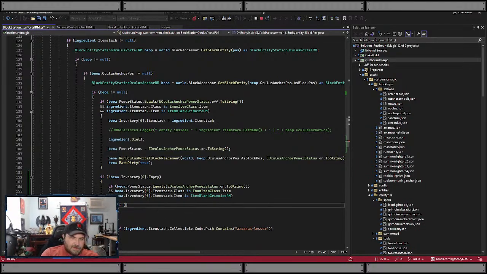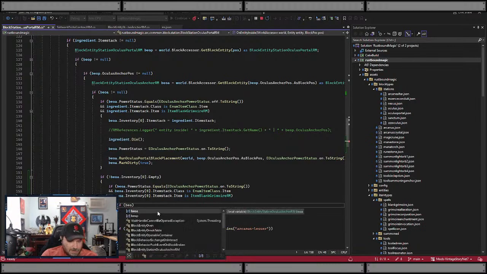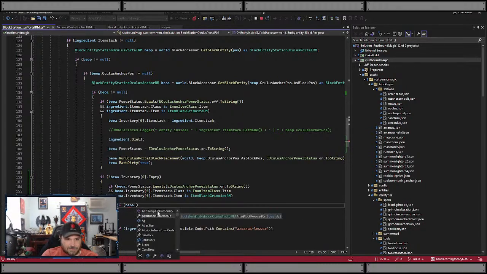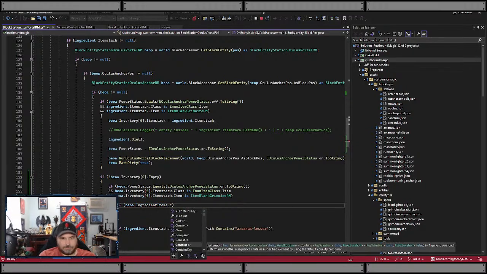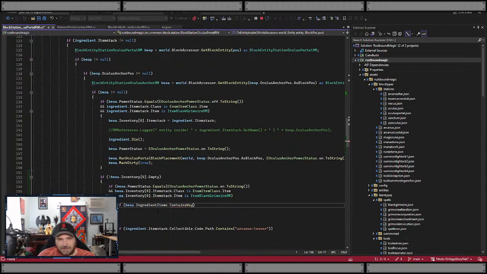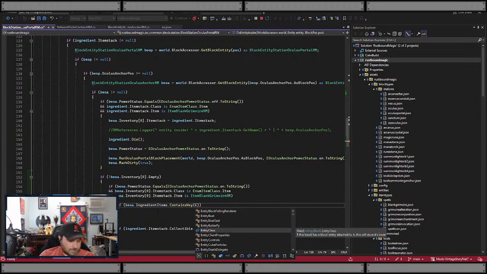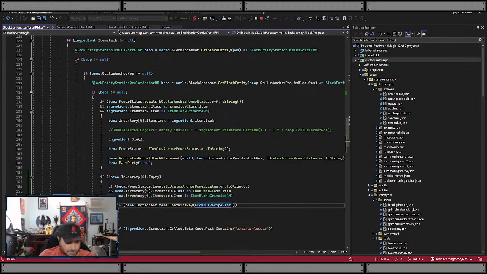I'm gonna say if BEOA dot ingredient items contains key ingredient 1 dot toString. So if it contains ingredient 1,